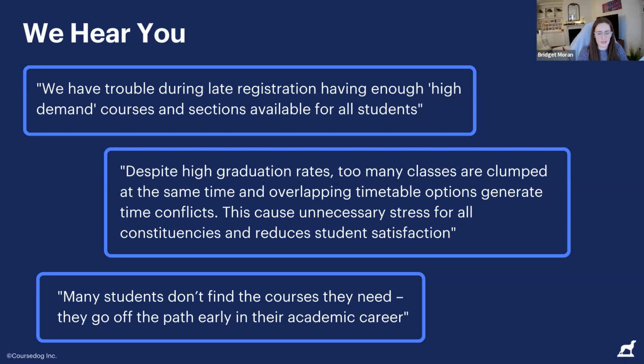And one of the common themes that really comes through in our conversations is that current scheduling practices really aren't working for students. And this may be not having enough courses or sections available for students, or maybe some of those courses have overlapping times. Other times, students might not know how they can actually get into the courses they need. And of course, I'm sure that you all have lots of other thoughts here. This is really just a small sampling of what we hear.